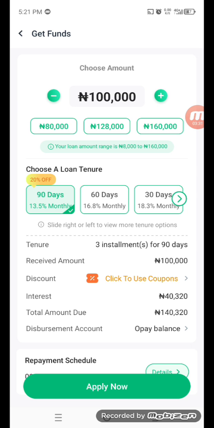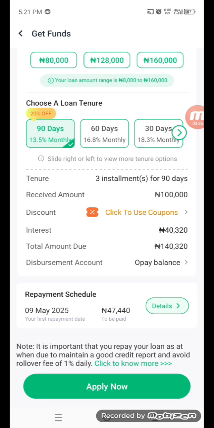By default, they are telling me to pay in 90 days. If I leave it at that 90 days, my interest is 40,000 naira, which is way too high. The total amount will now be 140,000 naira. And when they divide it into 3, it means that every month, starting from the 9th of May, I'm going to be paying